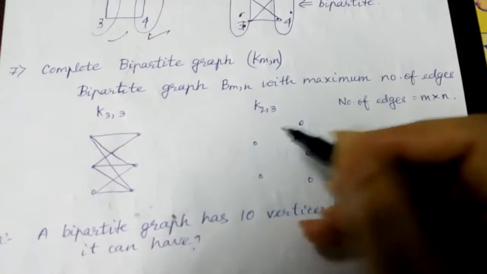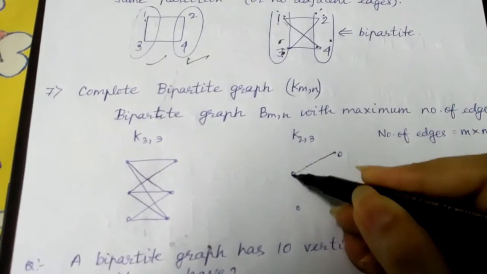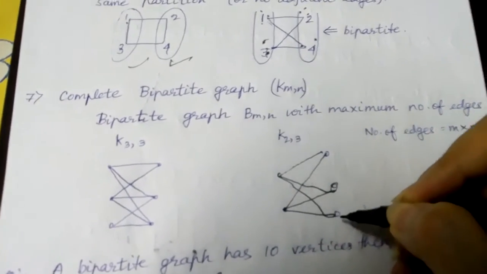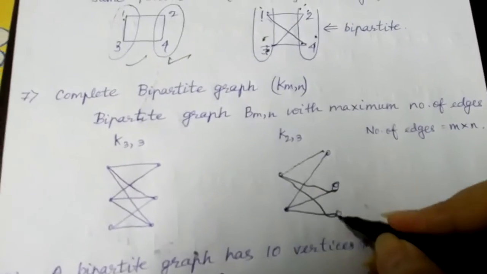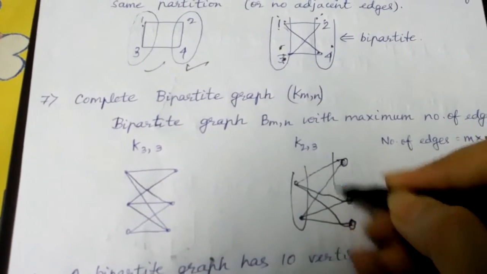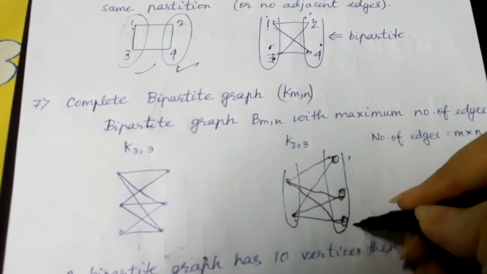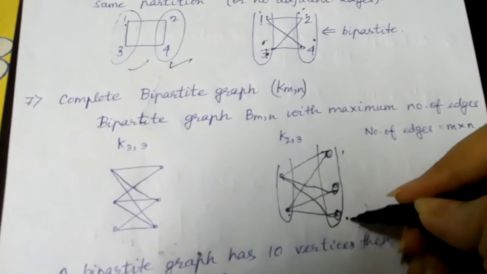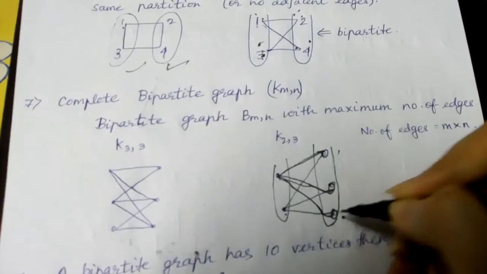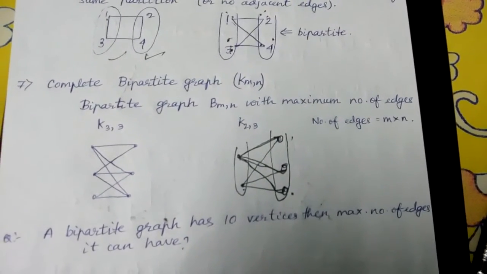So for K23, you can see this will be connected like this, like this, like this, here like this, this and this. So just excuse me for the drawing, but I just want to say that the partitions are divided into 2 parts, here one part and here another part. So each of the vertices on this part is connected with the vertices of this part because they are complete bipartite graph. So they have to be connected with each of the vertices. Okay. So if you calculate, you will find that the number of edges equal to m into n.